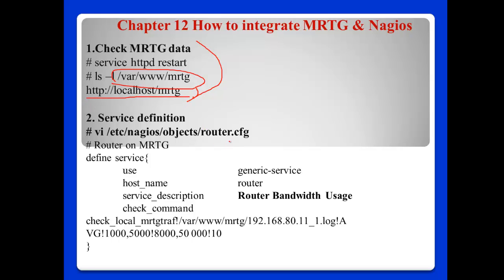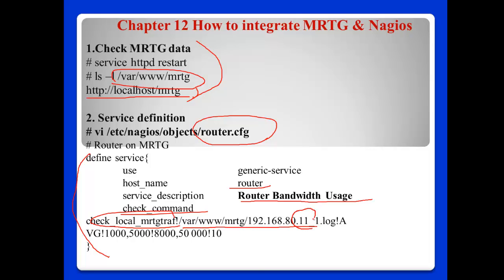And after checking the MRTG data, we created this device router.cfg, and here we need to define this kind of service. So the hostname is router and the service name will be router bandwidth usage. And for the command here, we will use check_mrtgtraf. This is a kind of plugin of Nagios. So the log file here, in my case, is the router IP address, this one 8.11, and the average, this one mean,